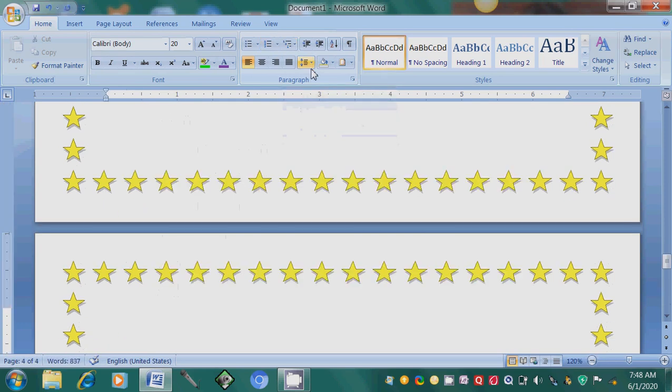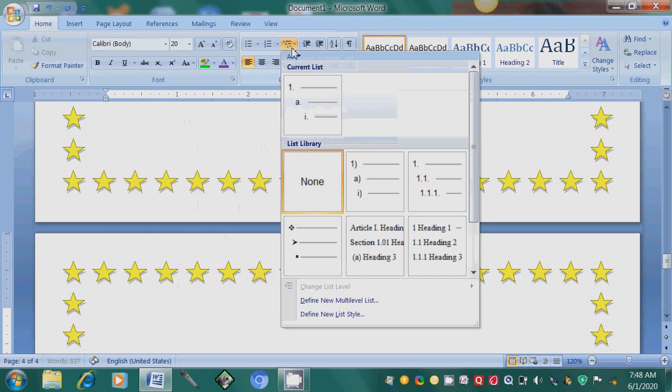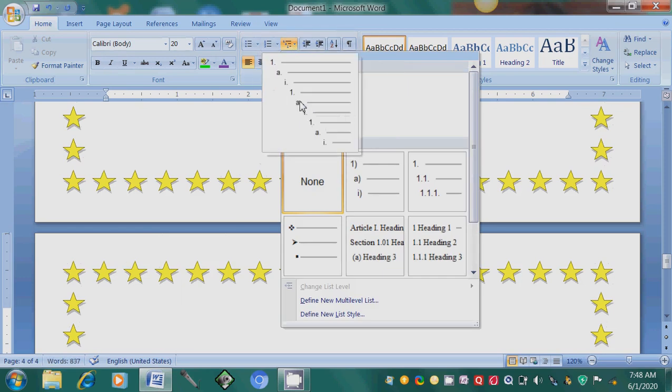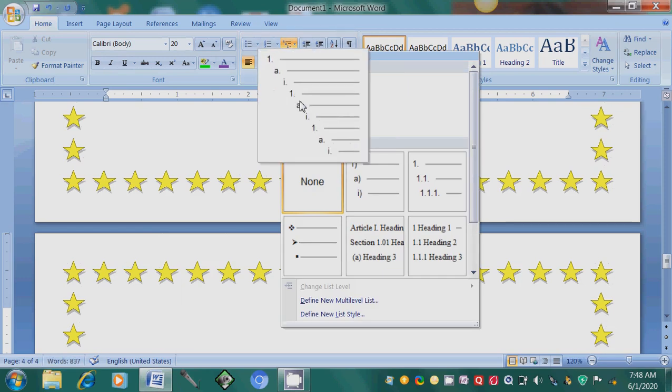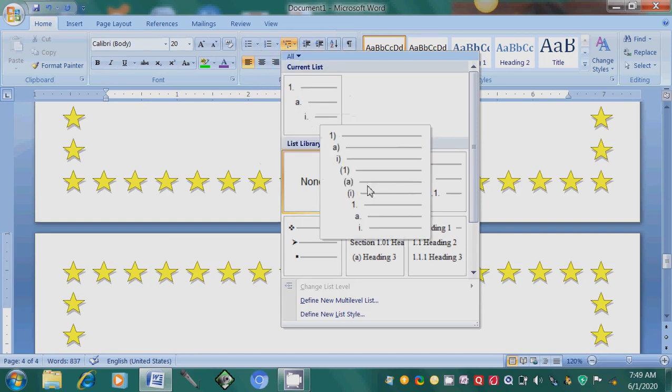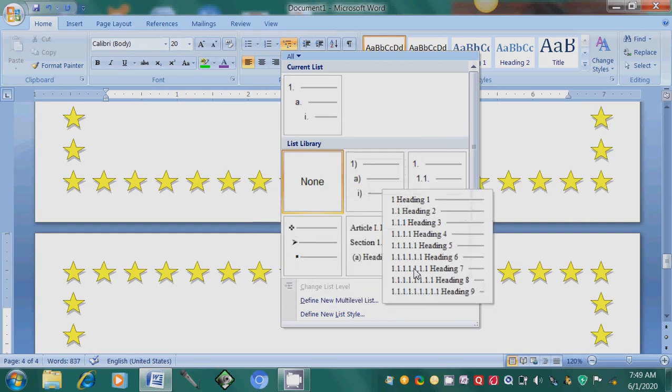Now see the levels, what comes first? 1, and if I press tab, A, then if I press tab, Roman I, then 1 A I, this way. How a multi-level list will appear, we can select our own, this way or this way.